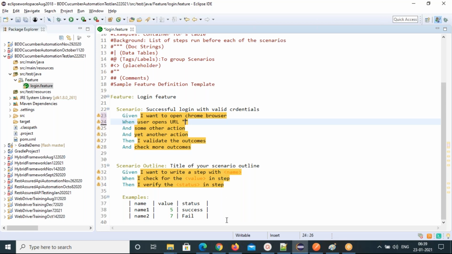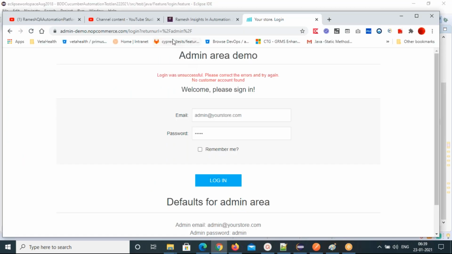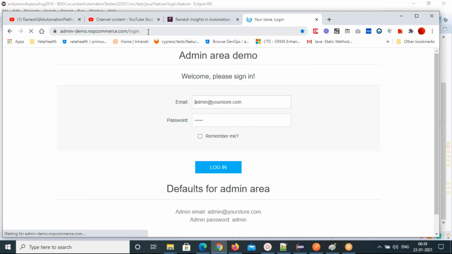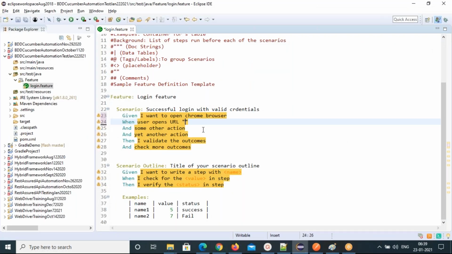The URL is this one. So that's the URL we open. But after this when we have and, so one more action I want to do next.